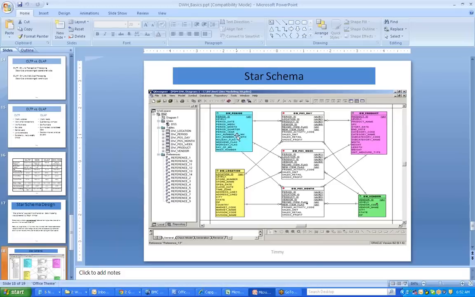The same thing here: location is the location of the particular store. What is the product you are purchasing? What is the product name, the category code, the weight, the height? And here you'll find the vendor: who is the vendor, from which vendor did you purchase? These details are all here. And if you are purchasing a product, what is the sales price, how many units you purchased, what is the profit, all these will be available in your fact table.